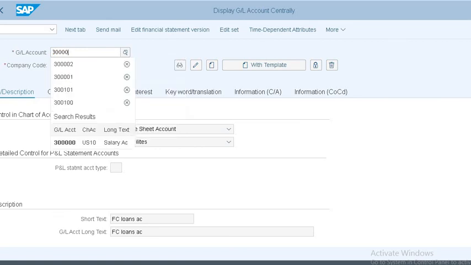Now I define the three expenses accounts we have defined. Okay, one I do it.